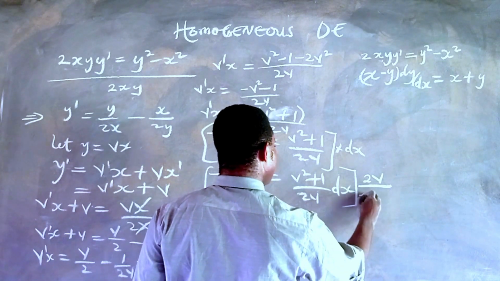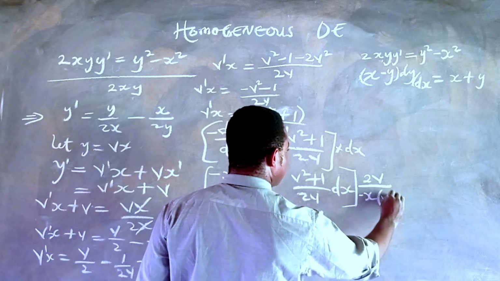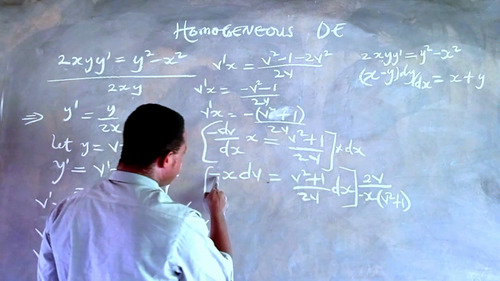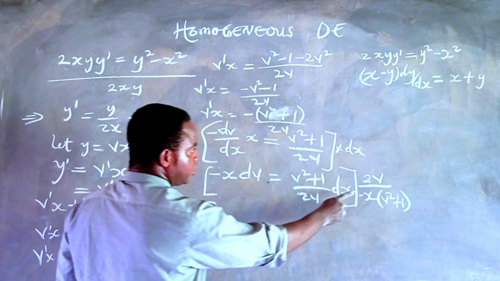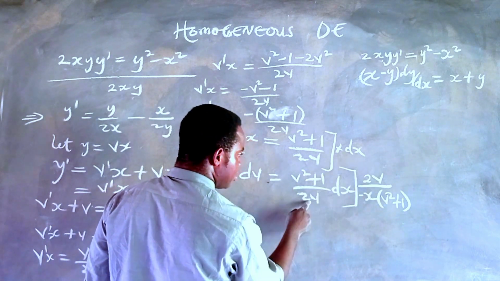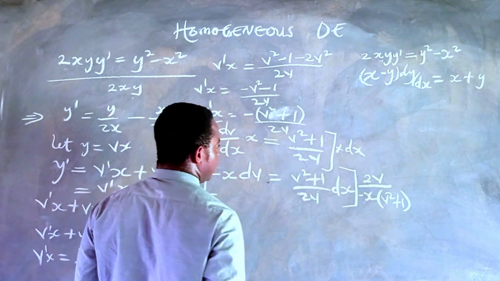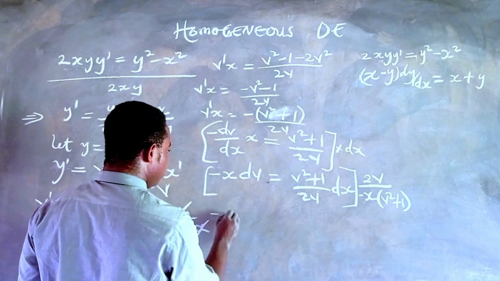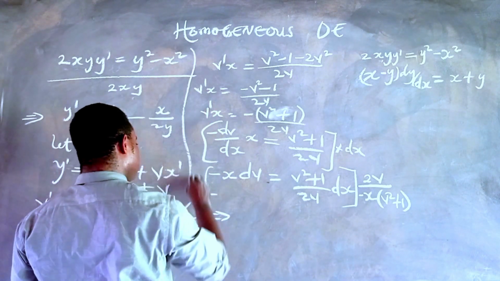To do that, we need to multiply both sides by 2v and divide by negative x and multiply by v squared plus 1, right? If we do that, we'll be able to separate the variable. So this will yield: